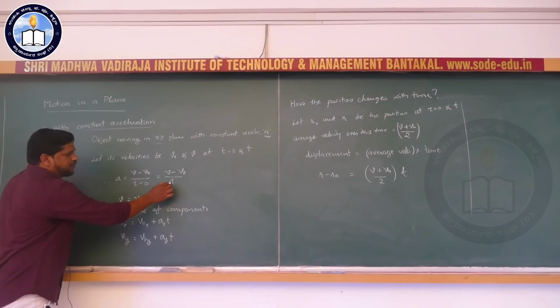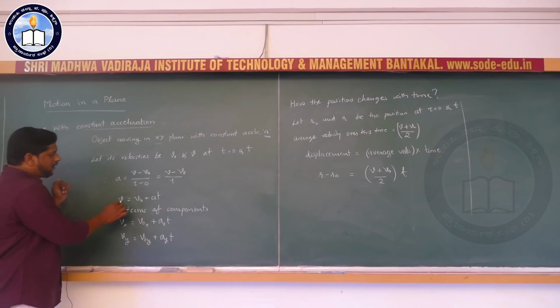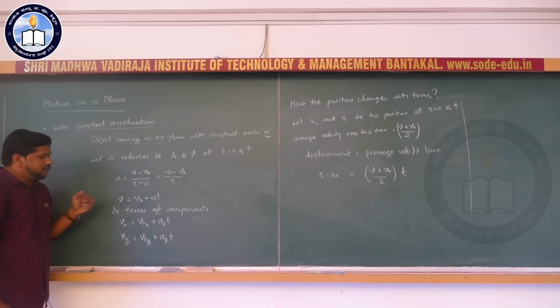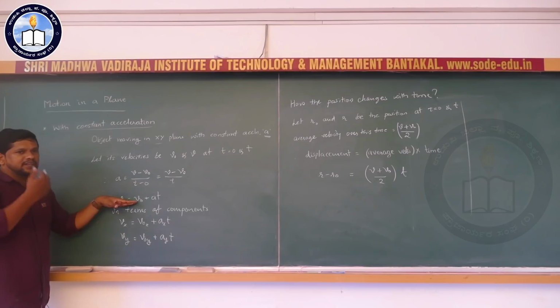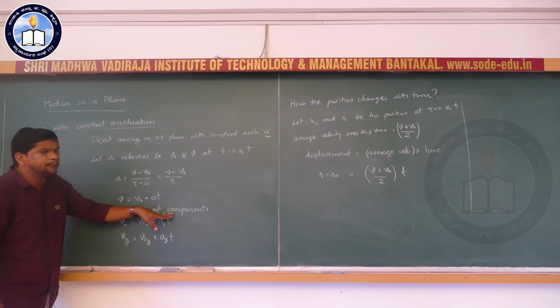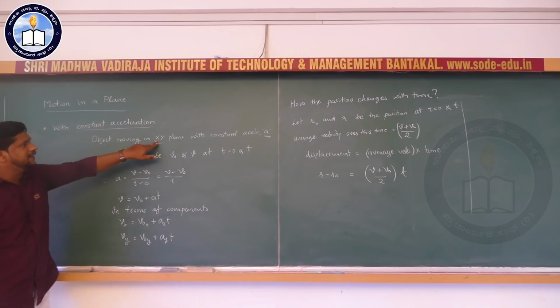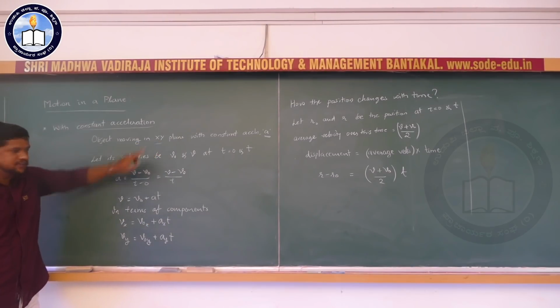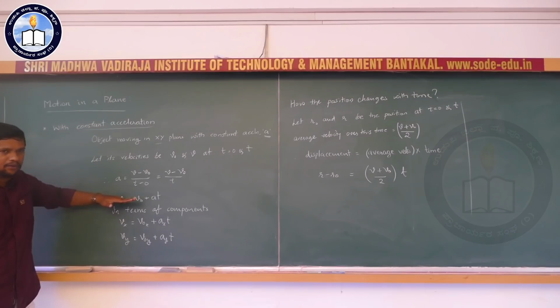So (v minus v naught) divided by t, or we can write final velocity is equal to v naught plus at. This is what we discussed in our previous classes itself. Now in terms of components, since the particle is moving in a plane, you have to treat it vectorially. This velocity vector, you can